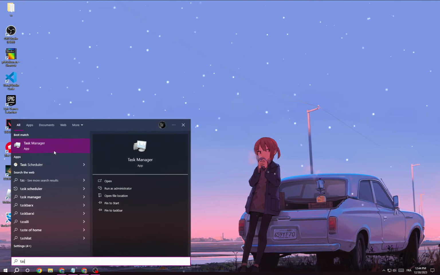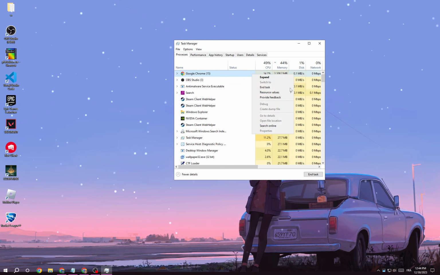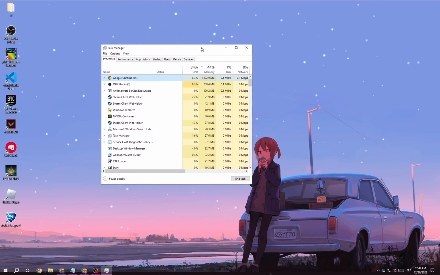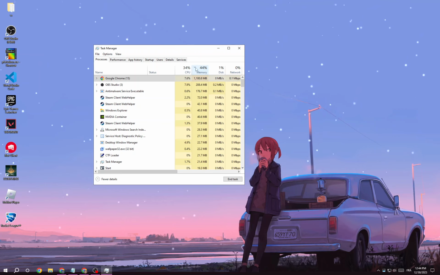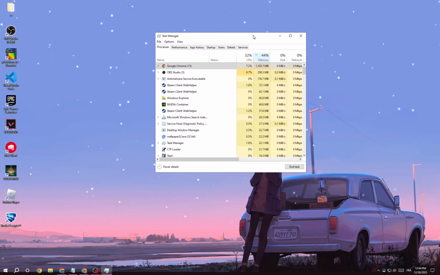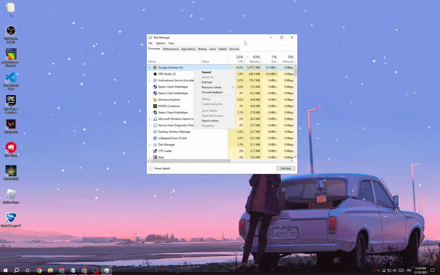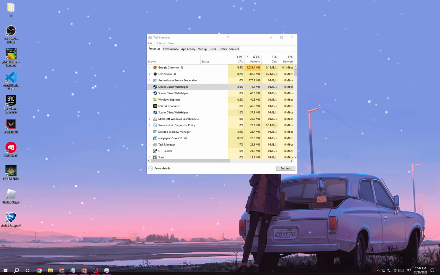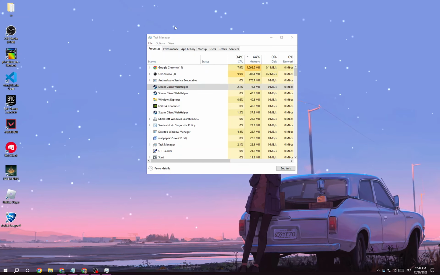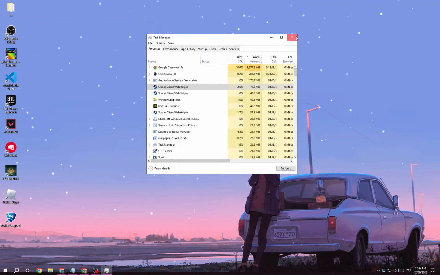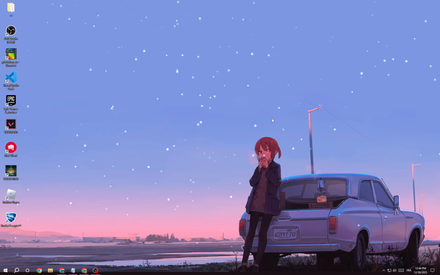First open Task Manager, and if you find Roblox here, just right click on it and end task, and then click on Memory to see applications that are using your memory, and close all the applications that you don't need, like Google Chrome. Right click and end task, and then Steam, and that's it. Just make sure to clear your memory and make sure Roblox gets enough memory, and that's it. After that, just close it and right click on Roblox, run it as an administrator, and after that your problem